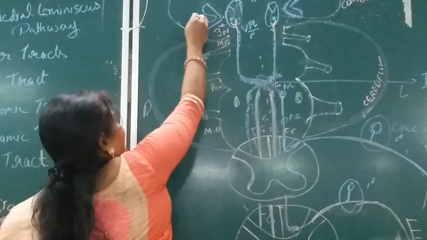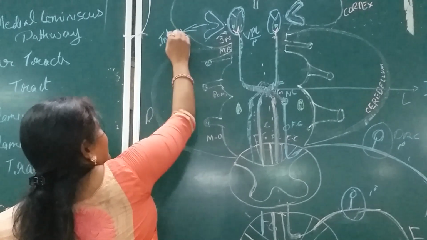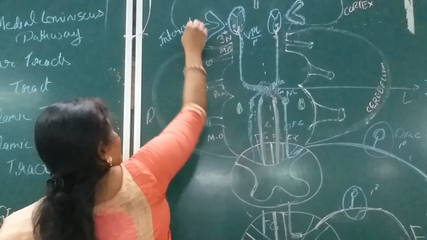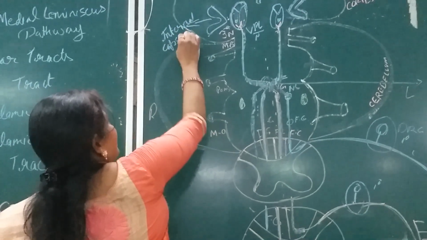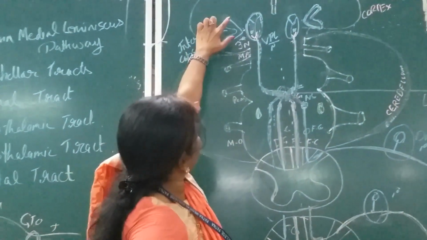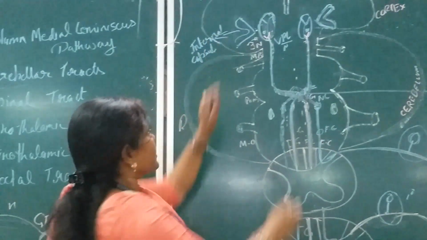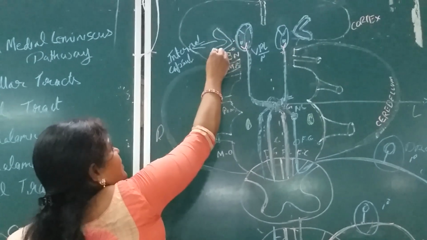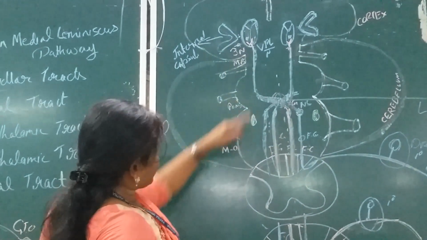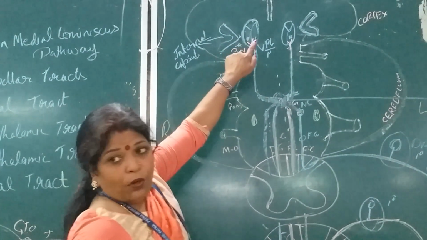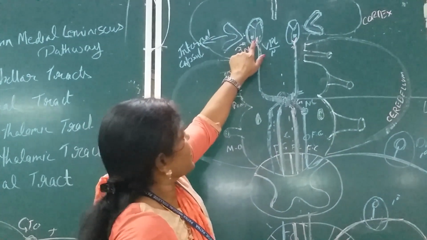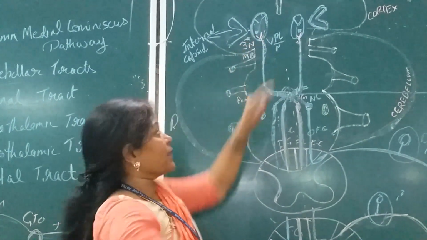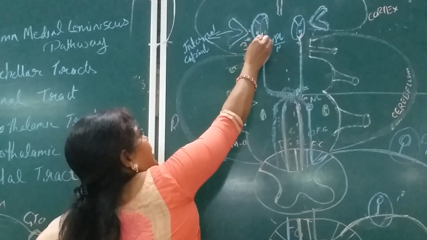The internal capsule has an anterior limb and a posterior limb. This one is the anterior limb and this is the posterior limb. Now the axon which will originate from this ventro-posterolateral nucleus, through this posterior limb,